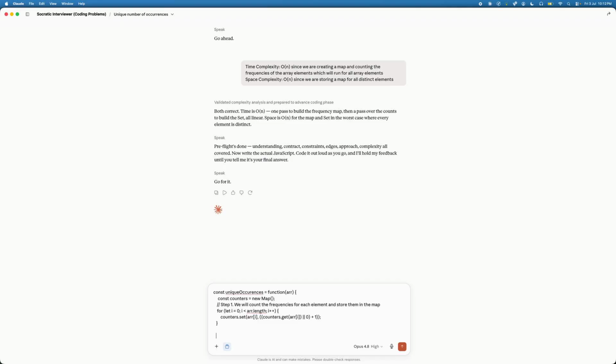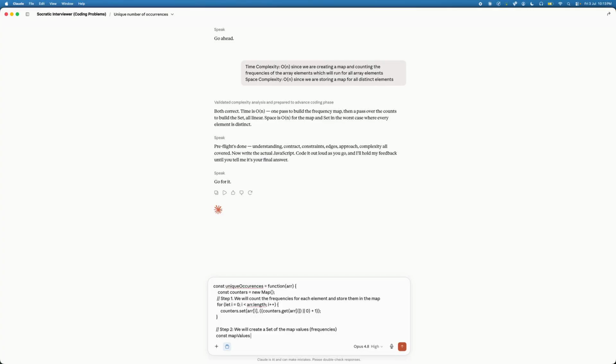Once they have this, then in step 2 we will create a set of the map values or frequencies. How to do that? So const mapValues is equal to new Set.